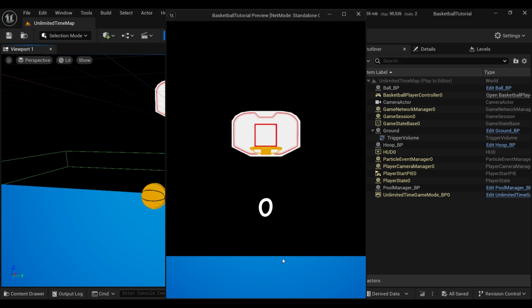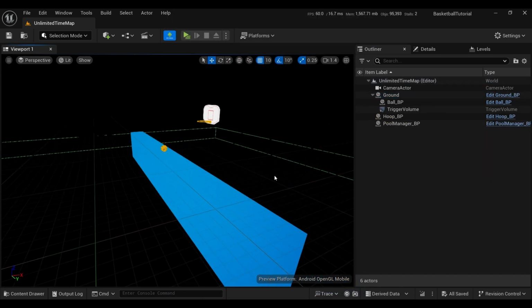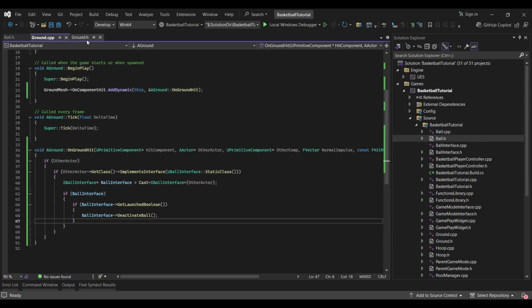So since this ground will be used for both game modes, we need to figure out how we can only end the game when the game mode is the unlimited time. So one way to do it is to go into our game mode,